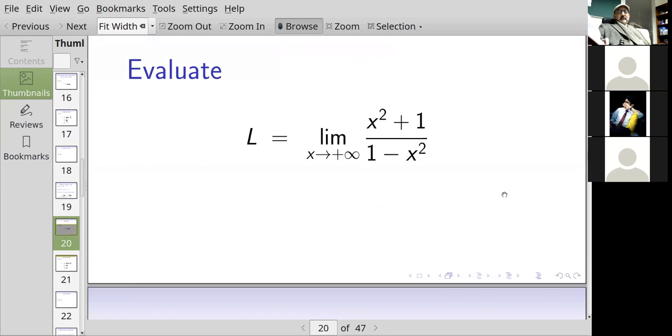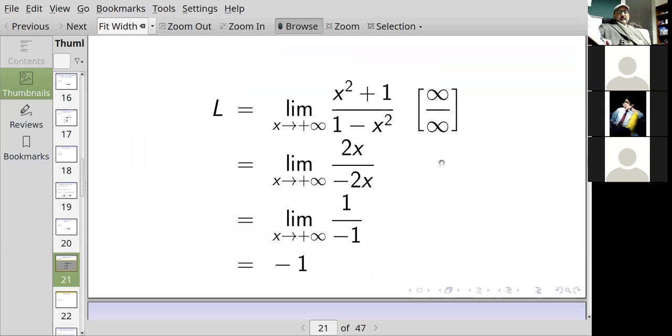Okay, so the limit as x goes to infinity of x squared plus 1 over 1 minus x squared. The numerator would go to infinity. The denominator would go to infinity. So you write infinity over infinity in square brackets to show that you understand that this is something that L'Hopital's might possibly help you with. And now you're going to apply L'Hopital's rule. So this is equal to the limit as x goes to positive infinity. The derivative of x squared plus 1 is twice x. The derivative of 1 minus x squared is minus 2x. Okay? So now you have